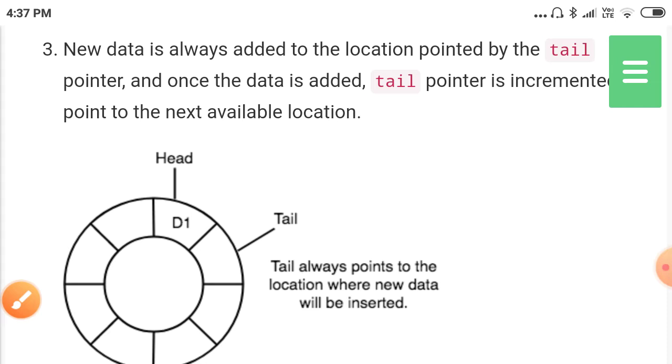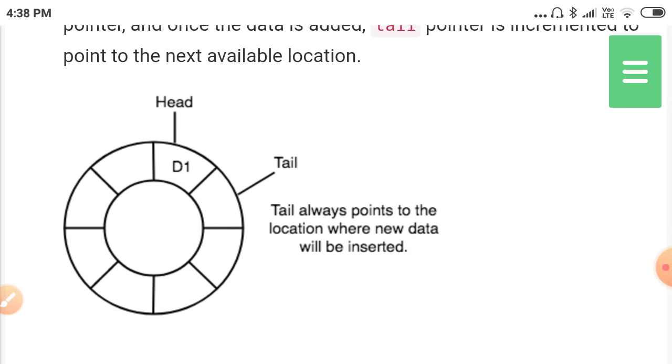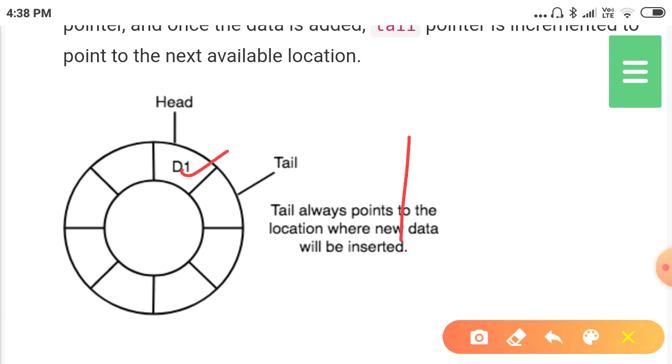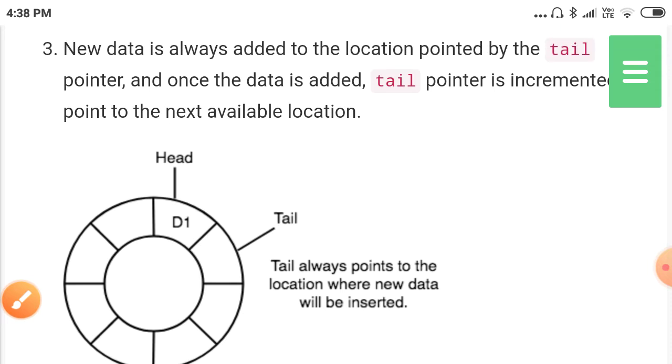Suppose you insert one element. From which end do you insert? From the tail pointer, the rear end only. The new data is always added at the location pointed to by the tail, and once the data is added, the tail pointer is incremented by 1.